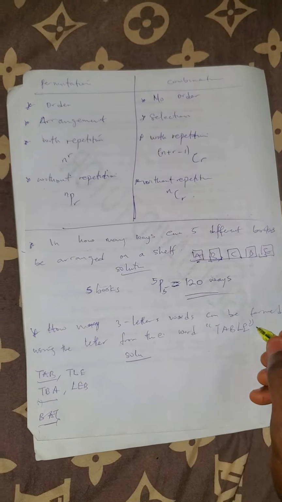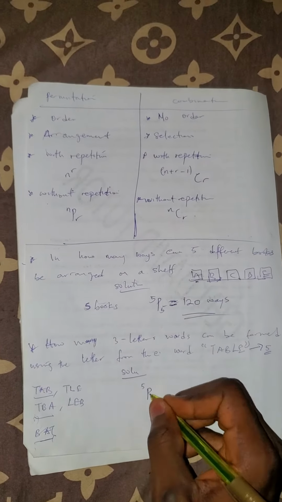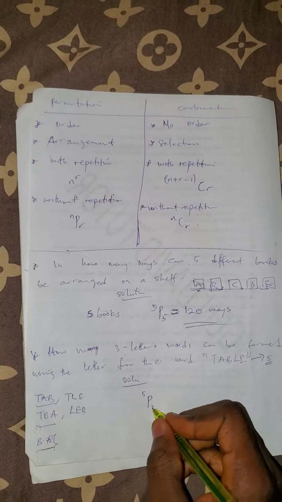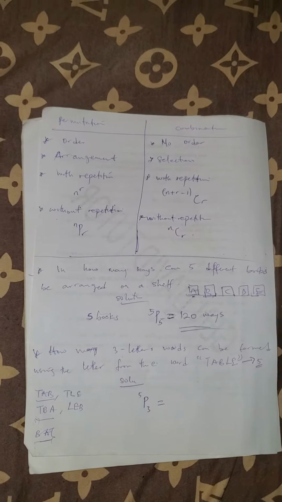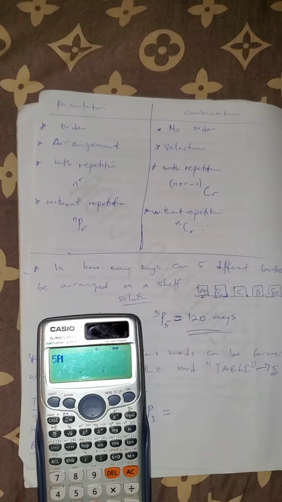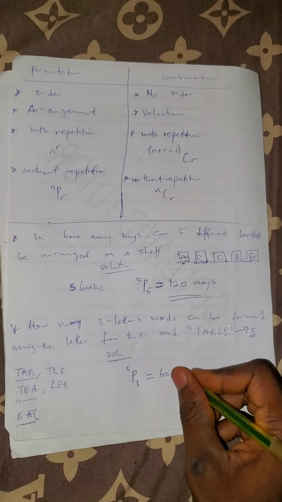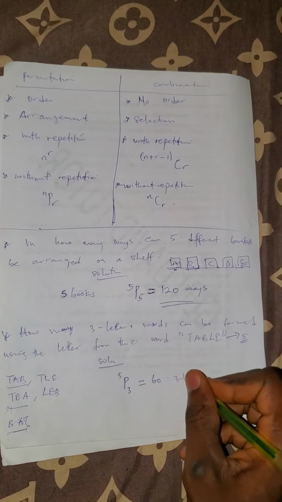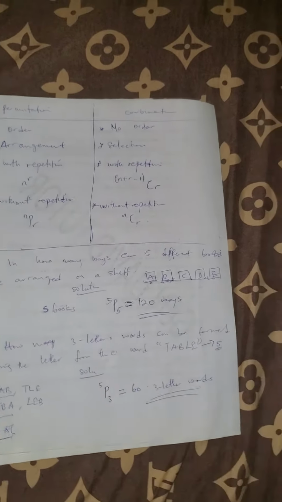So the total number of letters in the word TABLE is 5, and the letters we want to form is 3, so that's 5 permutation 3. If you press it, 5 permutation 3 gives the answer 60. So 60 three-letter words can be formed